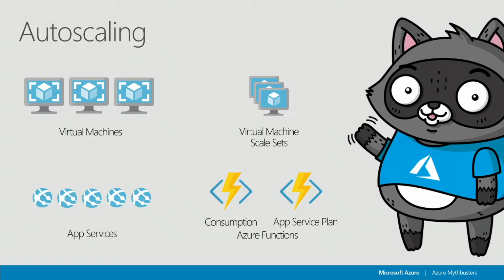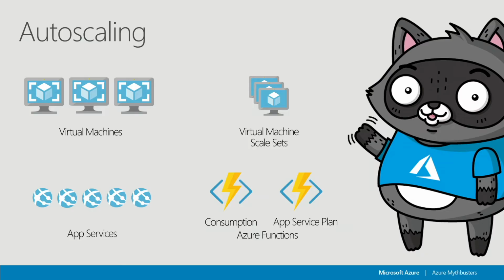Now, comparing that to something like virtual machine scale sets, rather than those virtual machines being individual objects, the virtual machine scale set is just a vanilla set of machines, and then it's a bit like a slider or an auto scale rule where you just go, I want to have this many machines between these boundaries, and I can define how you want those to scale up, whether it's on certain metrics, for example. The important piece there, as you said, is you still have to define it. Azure's not going to make those decisions for you just because you've put a virtual machine in there. You have to specify what those boundaries are, what the rules are.